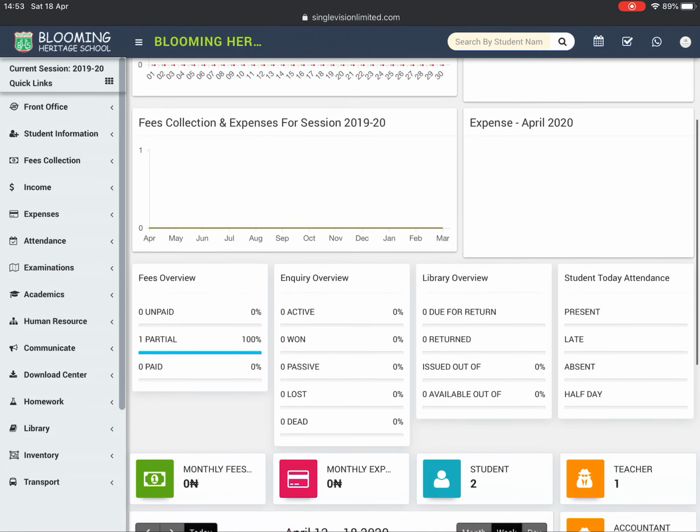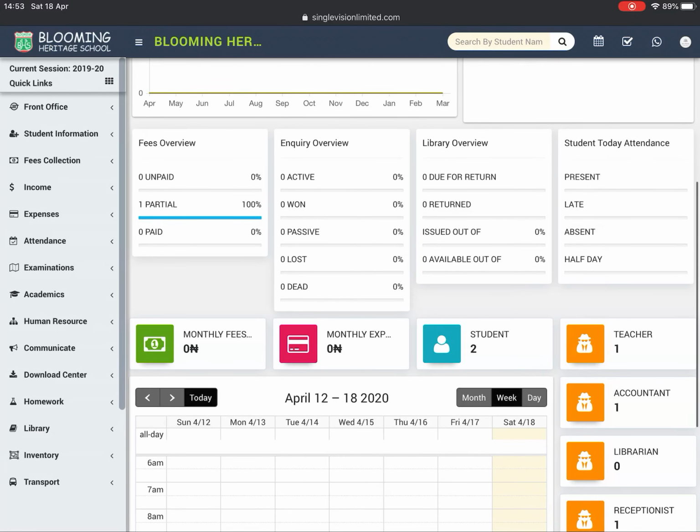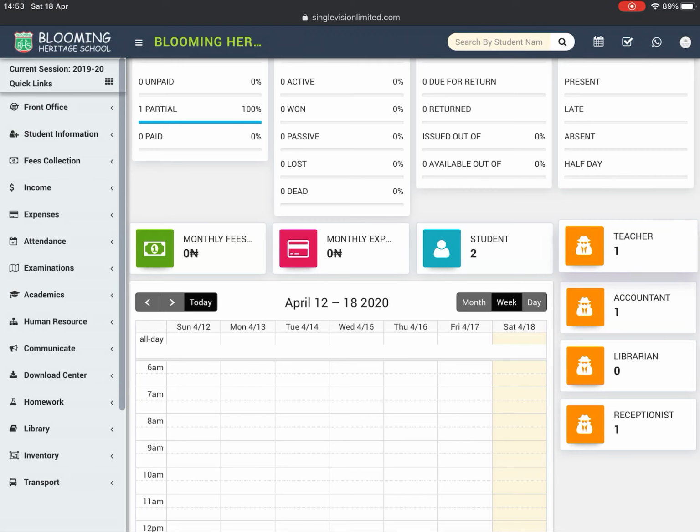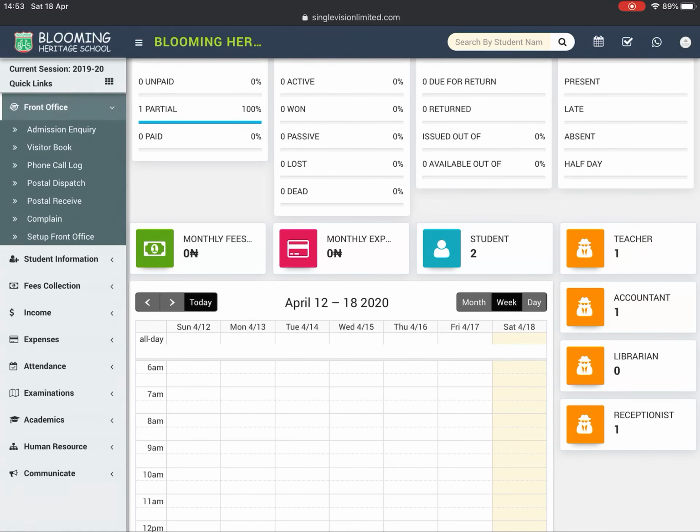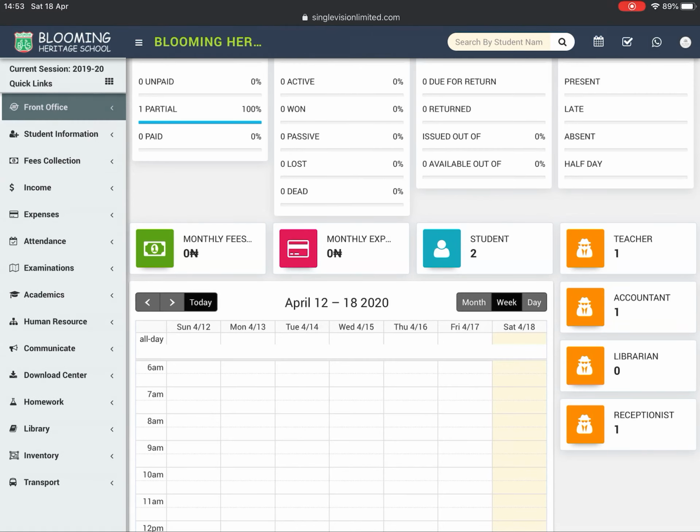It has state-of-the-art school admission forms, which can be found from this part to the left-hand corner of the browser. You have the admission, inquiry, visitors book, phone logs, postal dispatch, complaints, and all of that. This is the admin panel I'm in, so it has all visible